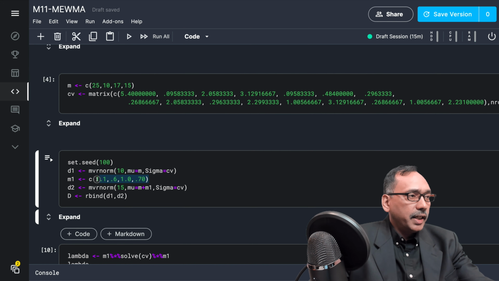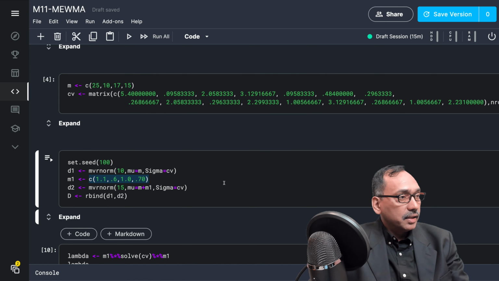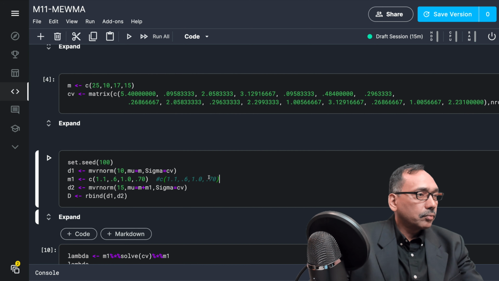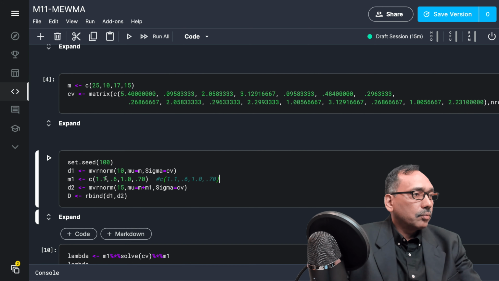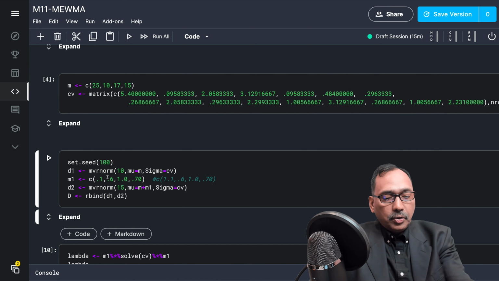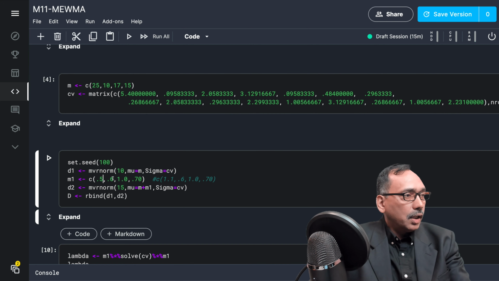So just for the sake of comparison, let me save this so that we don't lose it. So I'm going to reduce the shift by about half.